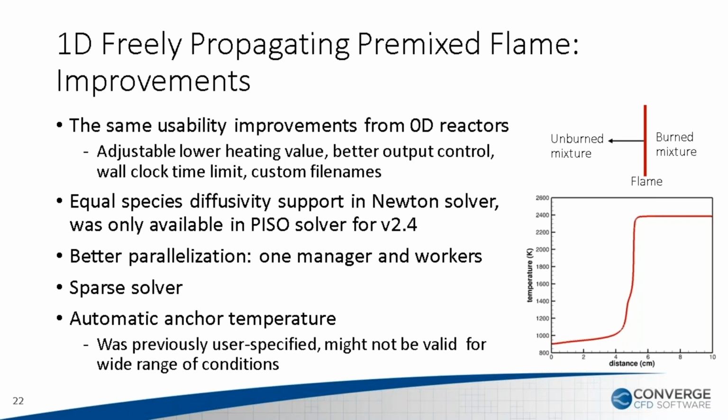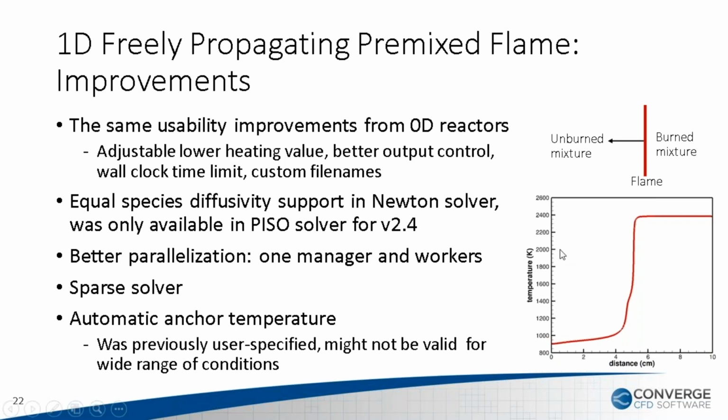We also have a sparse solver available for bigger mechanisms. We'll go over that later. And then we have an anchor temperature that is used by the Newton solver to anchor the flame. We can make that value automatic now. Previously in 2.4, the user had to specify a value, and that value might not be valid in a wide range of conditions that one might encounter